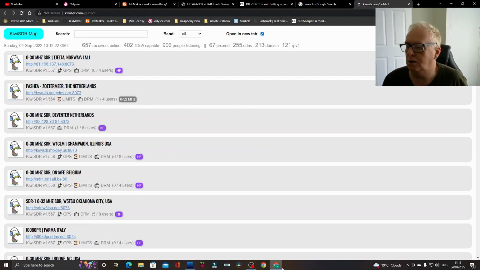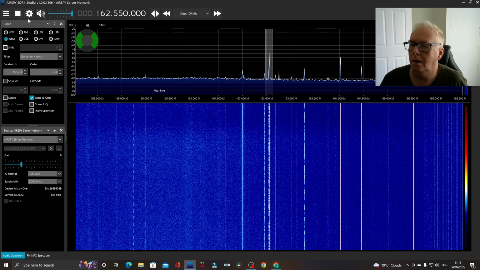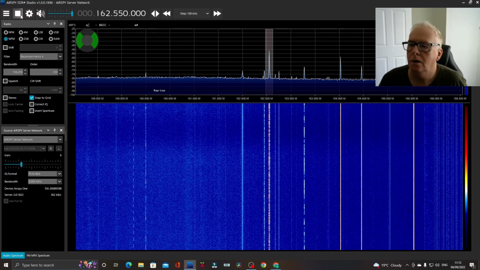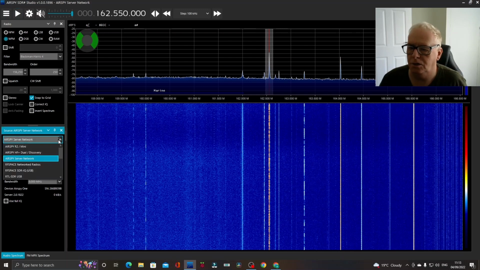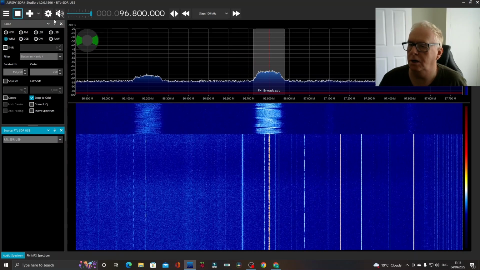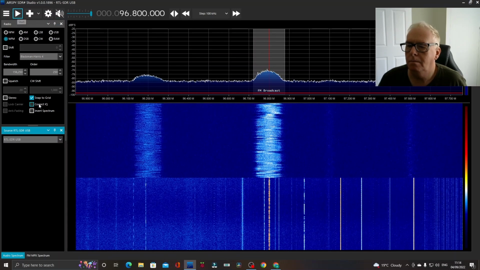If you have SDR Sharp installed, and this is indeed my SDR Sharp installation. So the normal way we would do it is to select our receiver, and that's a local radio station. Okay, but there's another way of doing it. If we go to